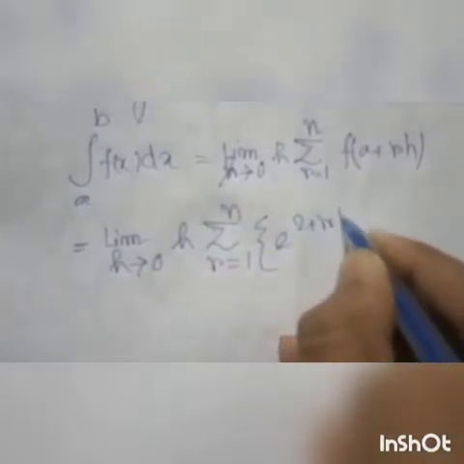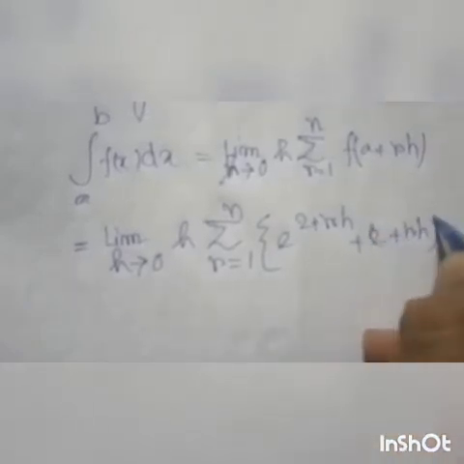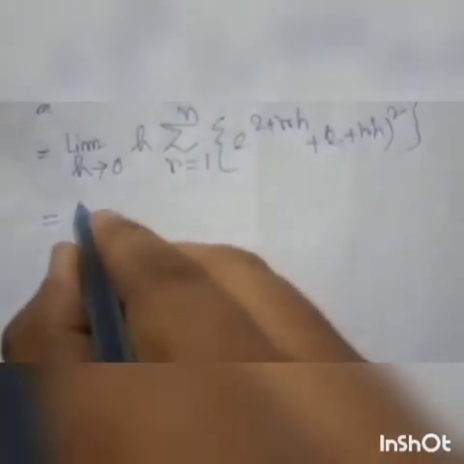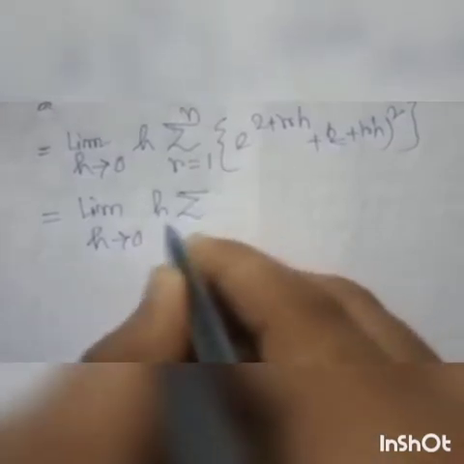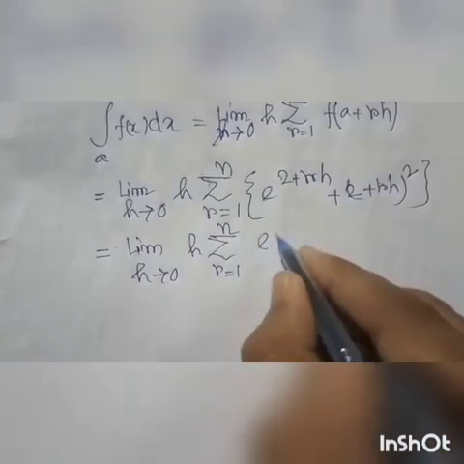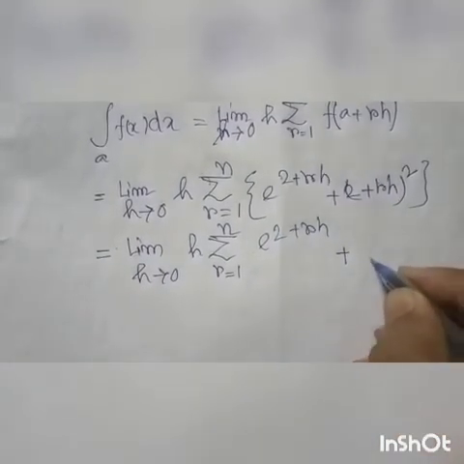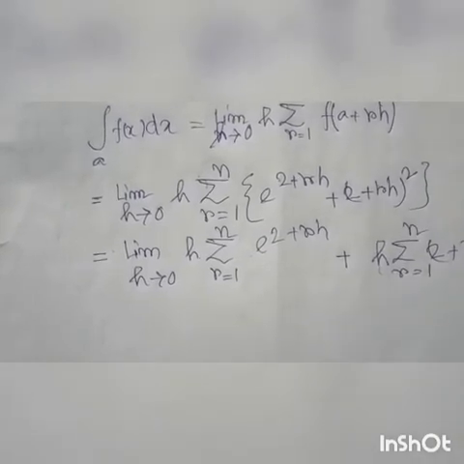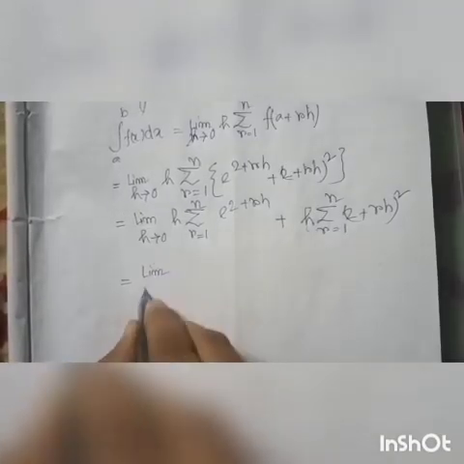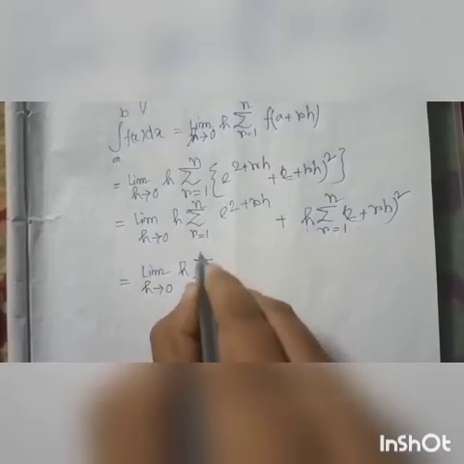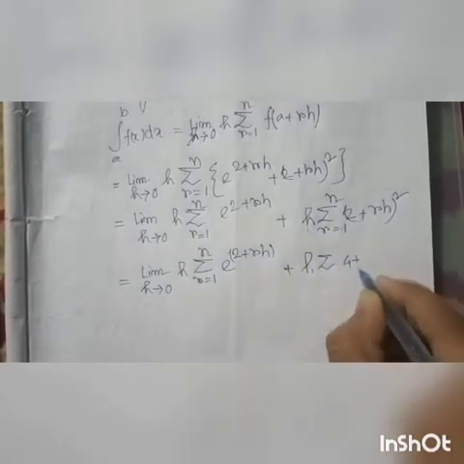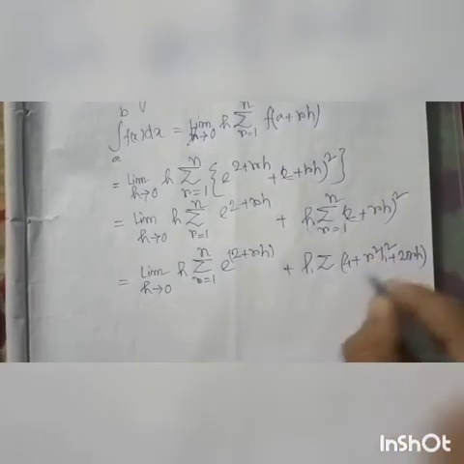Equal to limit h tends to 0, h into summation r equals 1 to n e to the power 2 plus rh, plus h into summation r equals 1 to n (2 plus rh) whole square, equals limit h tends to 0, h into summation r equals 1 to n e to the power 2 plus rh, plus h into summation r equals 1 to n of 4 plus r square h square plus 2rh. And in the next line,